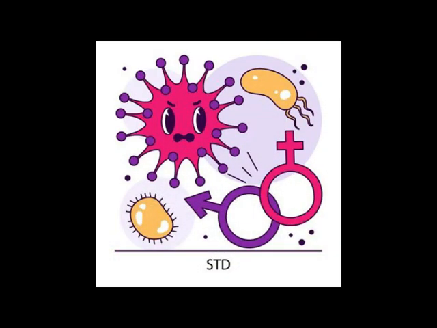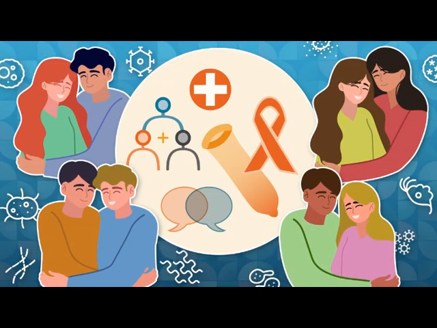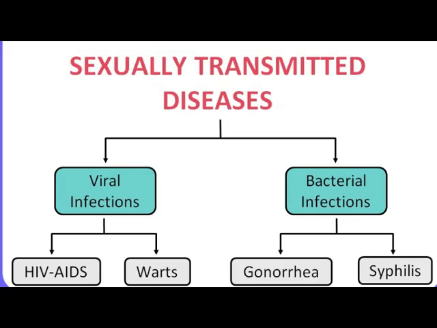What is a sexually transmitted disease? The name makes it clear, children, that these are diseases which are carried sexually, meaning during sexual intercourse. If infectious diseases are spread from an infected person to a healthy person by sexual contact, they are called sexually transmitted diseases. Some sexually transmitted diseases are gonorrhea, syphilis, and HIV.